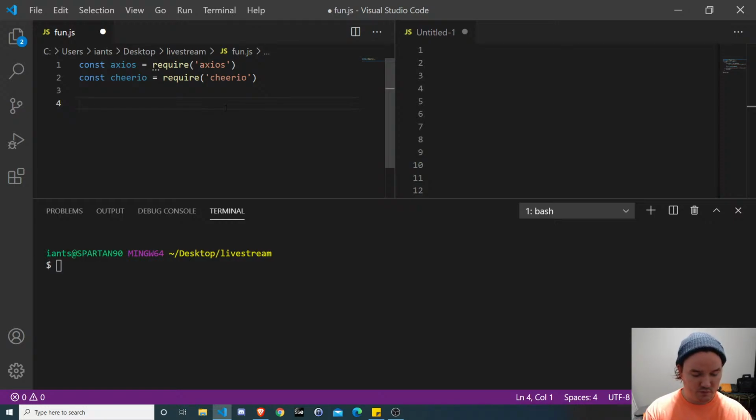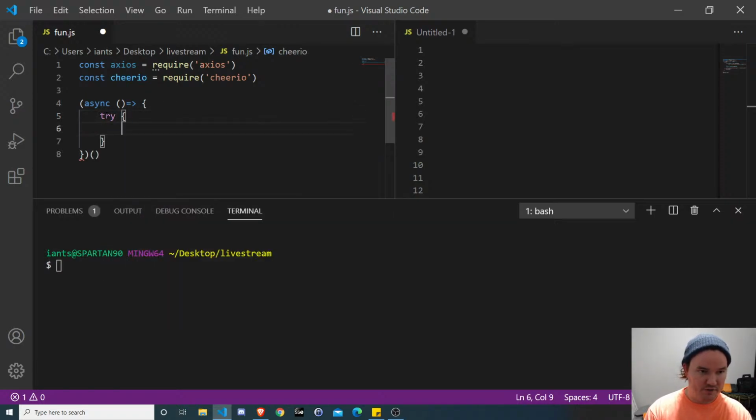So we'll go ahead and use what's called an immediately invoked function expression, an IIFE. And so what you do there is you just take an async anonymous function. We can use an arrow function here, and wrap it in parentheses, and then you immediately invoke it. So everything you put inside here is inside of an async function, but it gets invoked immediately. We might give it a named function in a minute and then invoke it a different way, but we'll just do this for now. All right, so the next thing we want to do is send a request.